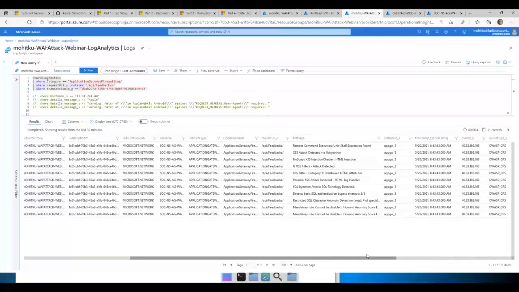So application gateway WAF has something called anomaly scoring, which means that when a request comes in, it is evaluated by a bunch of rules, where they could be cross-site scripting rules, SQL injection rules, LFI, RFI rules, and things like that. However, when there's a match, it does not automatically mean that the request is denied or dropped. In the anomaly scoring method, the request is assigned a score and then it is passed on to other rules for processing. Now, when the total anomaly score reaches 5 or above, that's when the request is dropped